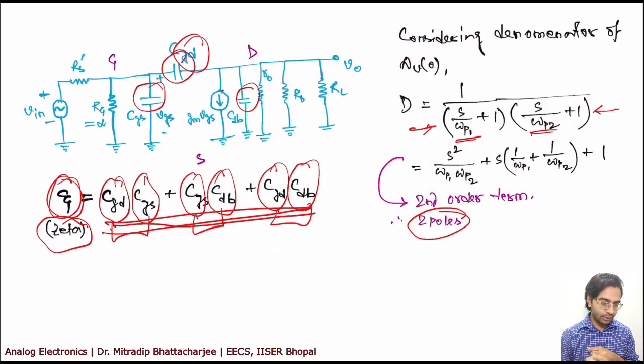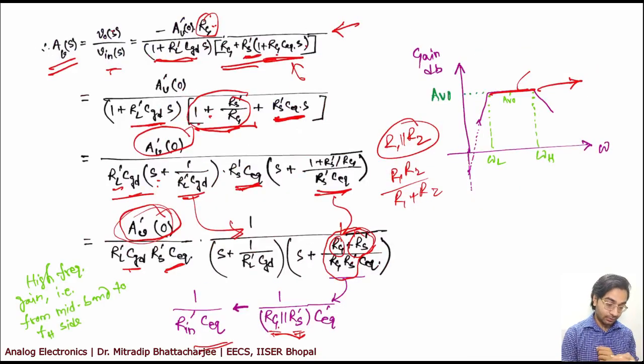So you have CGD over here, this is also acting as a path, and then you have this current which is basically through the gate-source junction, but there is no zero over here. And what is the reason? One of the reasons is you applied Miller's theorem in order to split the impedance between input and output. And when you apply Miller's theorem, it only considers feedback. It doesn't consider the feed forward path.